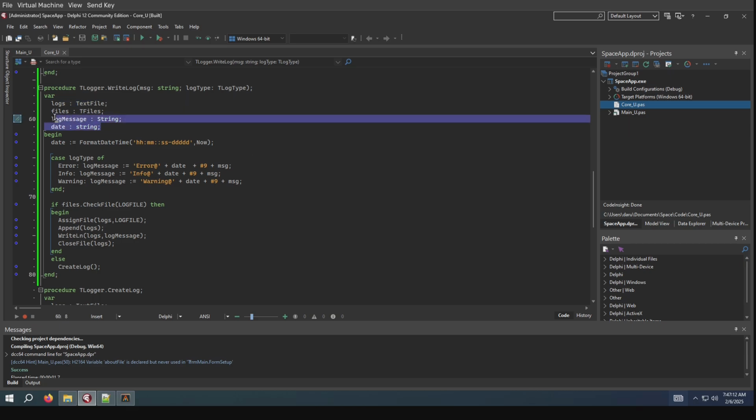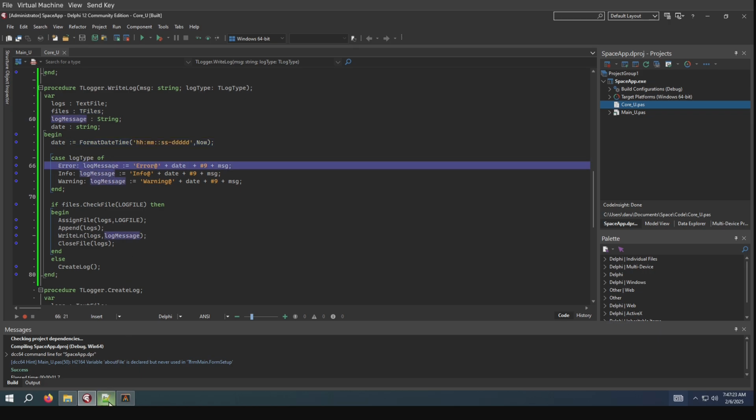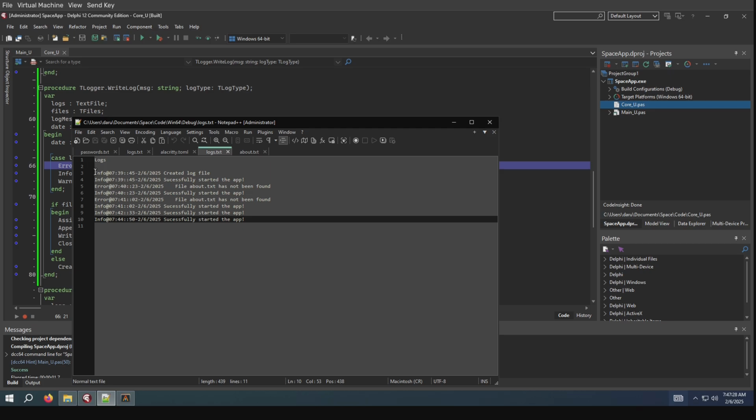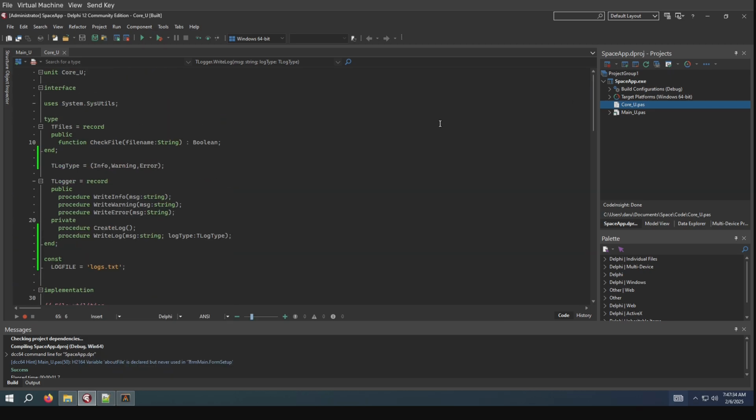I'm sure you saw what I was doing here. So this is very similar to the log file that I created in my last project, where we showed the date in the logs. I come over, you can see it's a bit different. Now we have a log type, which is this enum right here. So we give it one of these three values. So we can use these three functions to write specialized logs. We'll write error logs, this will write warning logs, and this will write